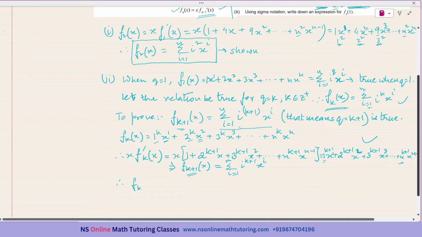So, therefore, if f k plus 1 of x is true whenever f k of x is true for all k belonging to the set of positive integers. Okay. So, by mathematical induction,